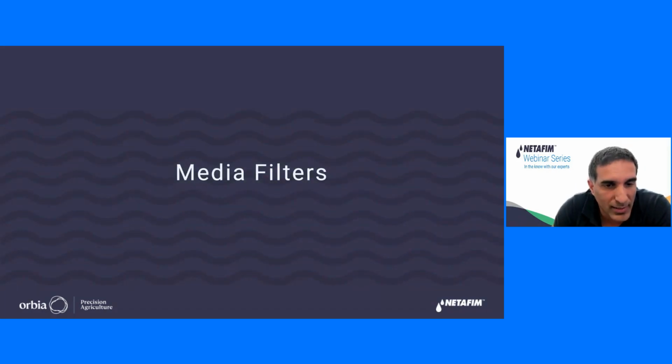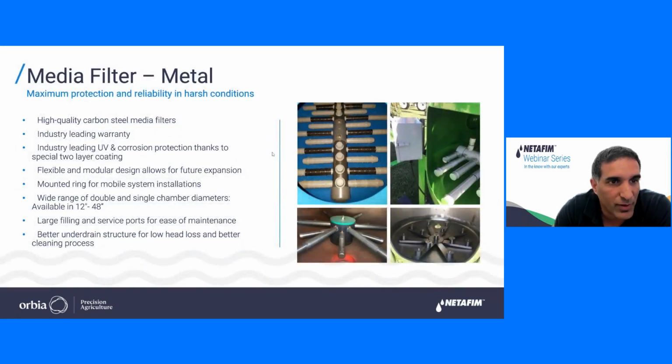So the next product segment will be the media filters. In the media filters, we offer our Sandstorm. We have our own product range, Netafim branded Sandstorm, that was designed in-house in Netafim. We have many advantages, from the carbon and the coating of the tank to the 5 years warranty that we provide as a guarantee, UV and corrosion protection